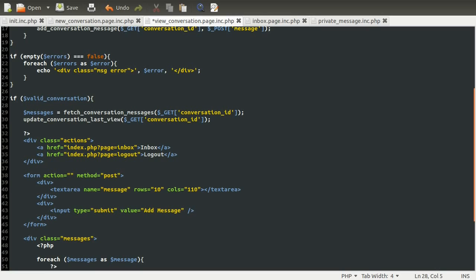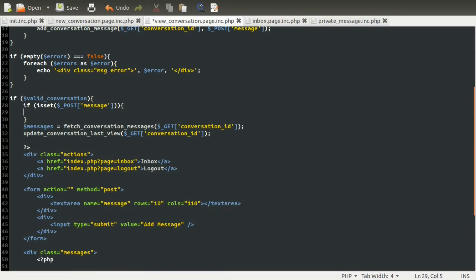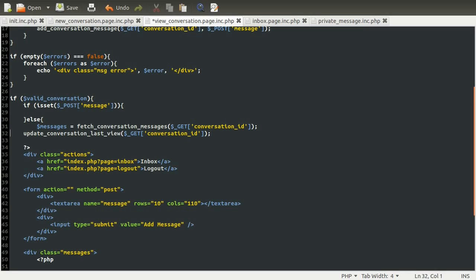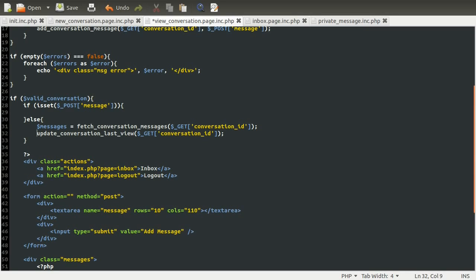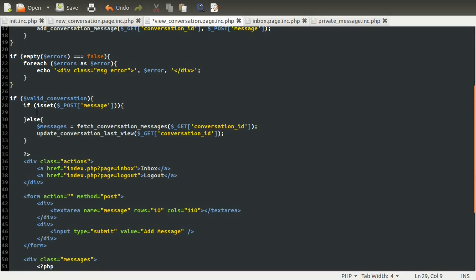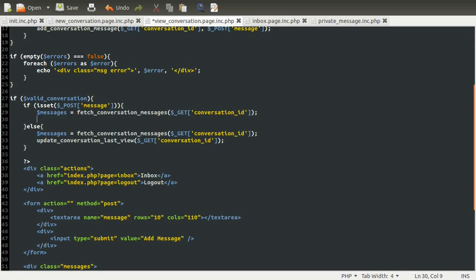So what we can do is check to see if the form has been submitted here. So we can do a simple if isset post message, not submit. Can't believe I was about to do that. So if they have submitted the message, we want to act in some way differently. Else we'll just do the standard fetch and then update. And if they have submitted a message, we want to update the time, and then fetch the message. So we'll just move this above,